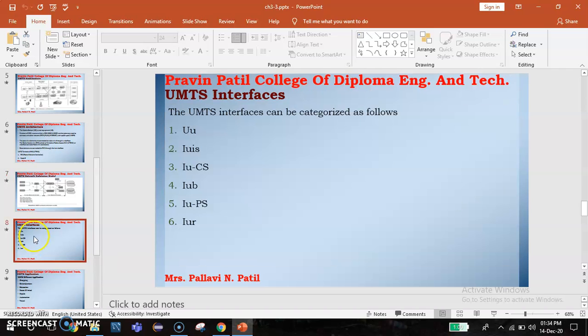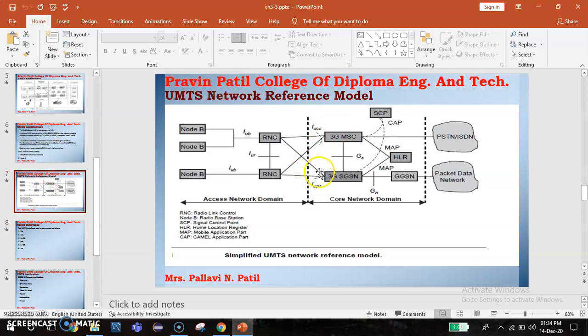The next is the Iu-PS. This is the Iu-PS interface. This is the packet switch connection for carrying data traffic and signaling between the UTRAN and the core data GPRS network. The main signaling protocol used is RANAP. The equivalent interface in the GSM GPRS network is the Gb interface. The last one is the